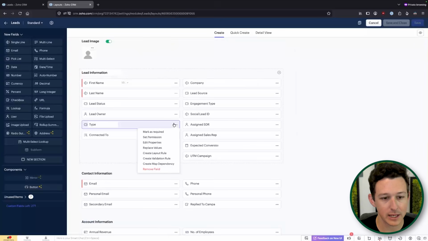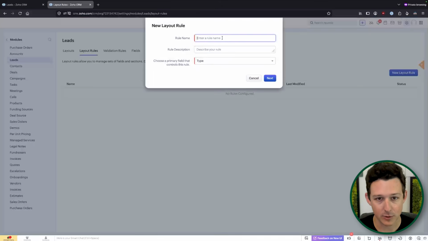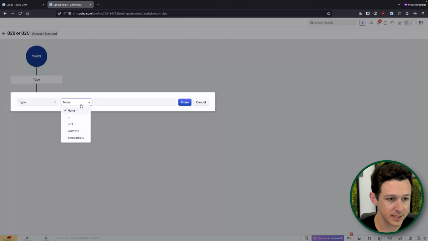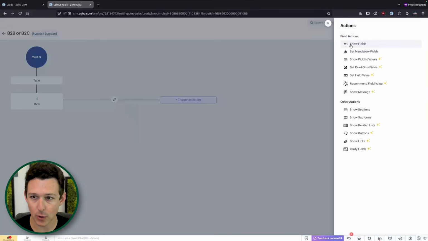All we need to do is go into this field, click on Create Layout Rule. We love these at Zenatta. We use them all the time. We'll say, hey, B2B or B2C, just to give it a quick name. The primary field that controls this is going to be type. That's the one where we started this. And then I'll say if type is B2B, then I want you to show a certain